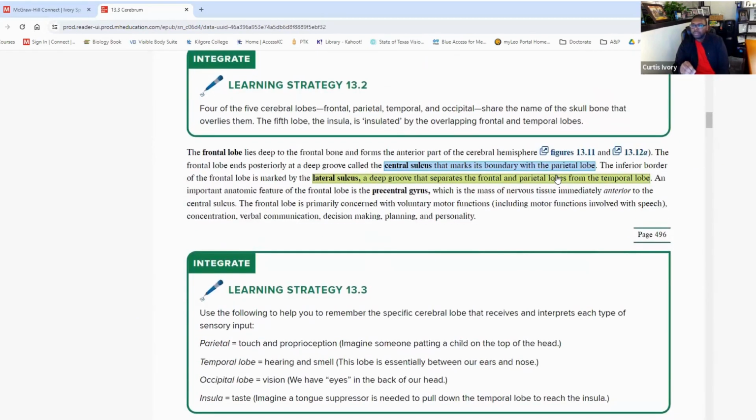So the central sulcus is literally that line that divides the front portion of the brain from the back portion, versus the lateral sulcus, which is the deep groove that separates the parietals from the temporal. You can't actually see this. There are just deeper grooves that separate the lobes. Remember, the lobes aren't just this